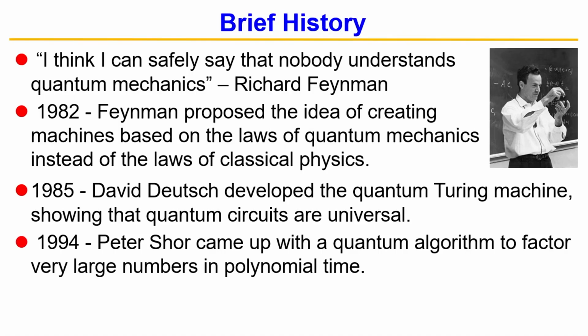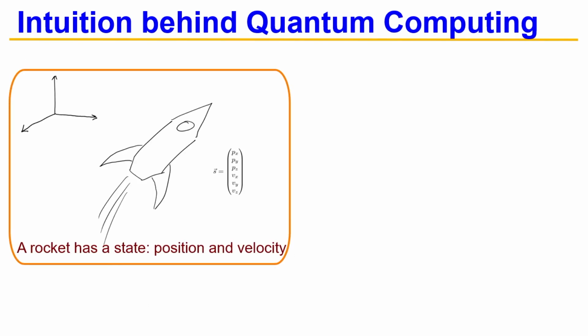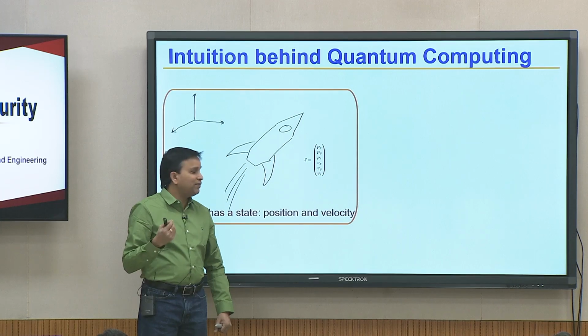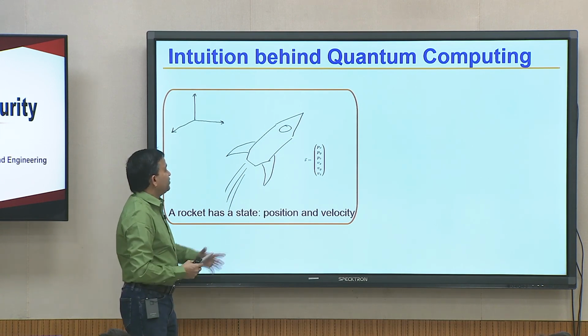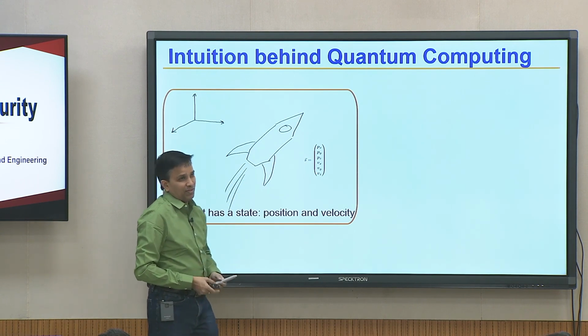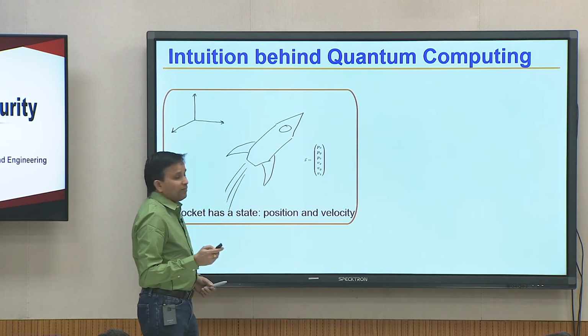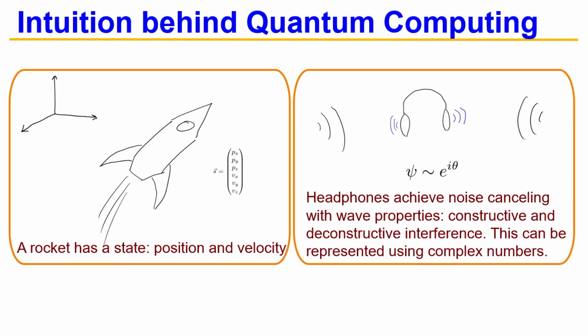Anyway, I am going to skip all of that, and talk about the intuition. I prepared this intuition for anybody to understand, even somebody from elementary school, but I am going to ask a question. When you are in a rocket, the rocket has a position and a velocity, and remember I am taking analogies, those are all wrong. When you have noise cancelling headphones like Bose headphones, it has a noise cancelling phenomenon. How many of you know how noise cancelling works?